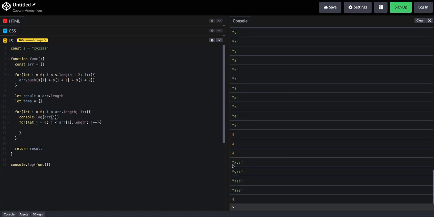So we're gonna go in here, and our inner for loop is gonna loop through x, y, z. We're gonna say, does x exist in temp? It doesn't, so we push it in there. We say, does y exist in temp? It doesn't. We push it in there. We say, does z exist in temp? It doesn't. We push it in there. Then we clear temp,